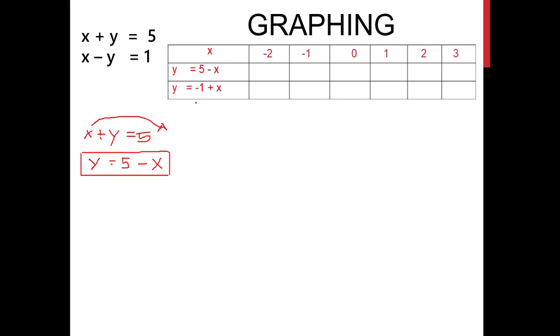Now my second equation is this one. So how do I get this one? Again, this is my second equation: x minus y is equal to 1. Again, I need to find the value of y, so I'll transform this equation in terms of y. I'll transpose this, or I'll use the additive inverse, wherein I add a negative x here and a negative x here. So I just use the transposing method, the shortcut method. That leaves me on the left side with a negative y equals 1. My positive x when transposed to the other side becomes a negative x.